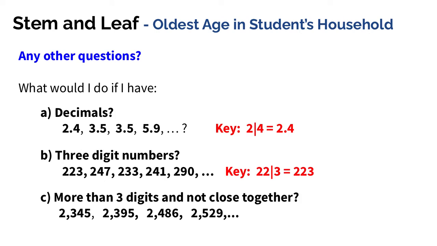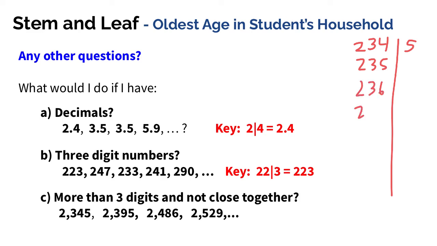Okay, here's our last example here. So what if you have 3 digits for your stems, but they're not really that close together? Well, what do you do in that situation? If you think about how I would set my stem and leaf plot up for this, I would need to have a pretty big number here for my stem. So I've got 2,345, so I would need to do something like 2,345. Well, I'm not going to want to count 2,300 and do 234, 235, 236, 237. I'm not going to want to keep doing that all the way until I get all the way up to 252 for this